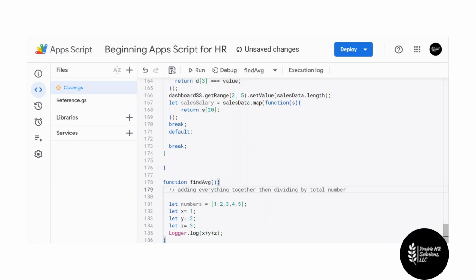and then find the total sum of this, and then divide it by however long this array is, which is 5. We could do it that way, but as you can see, this takes a bit. This is a long time to create and then to log it out, and each time it's creating this one, creating that one, and then it's going individually. So this is where we insert what's called